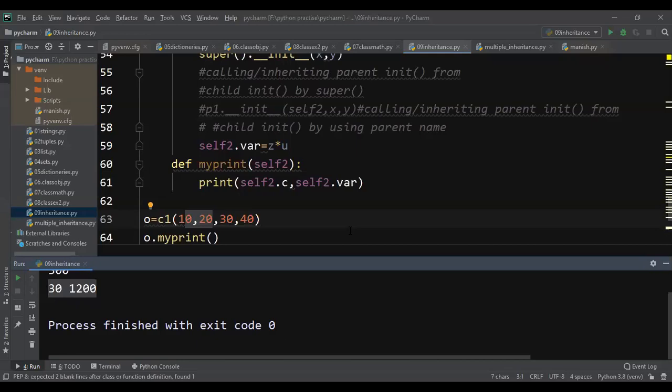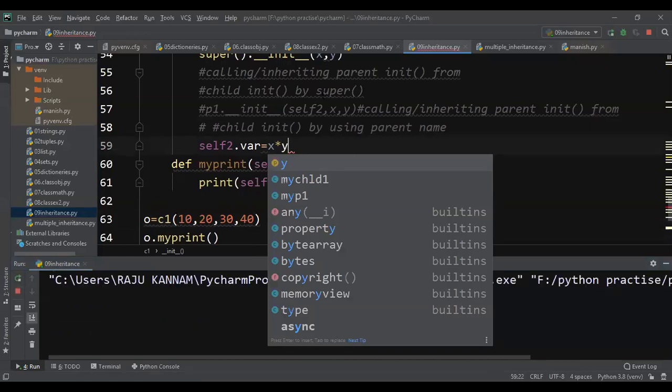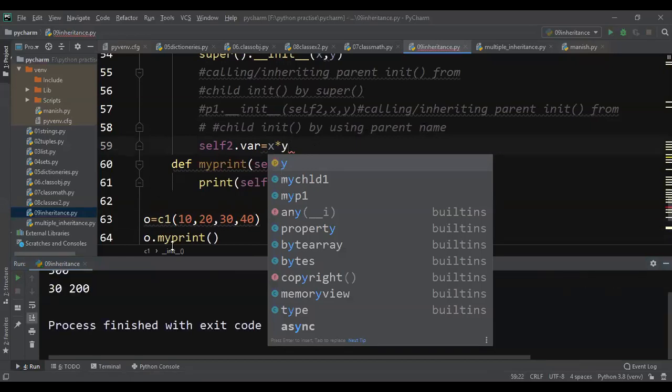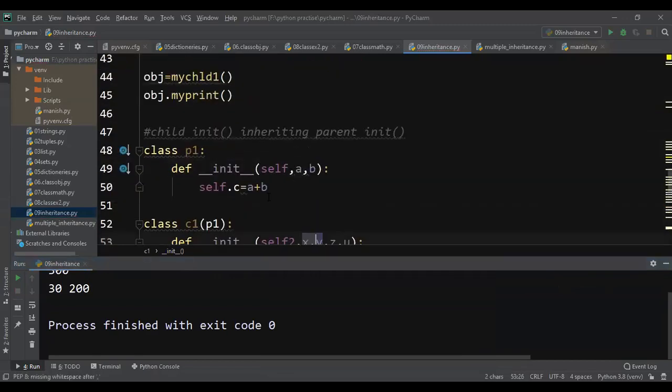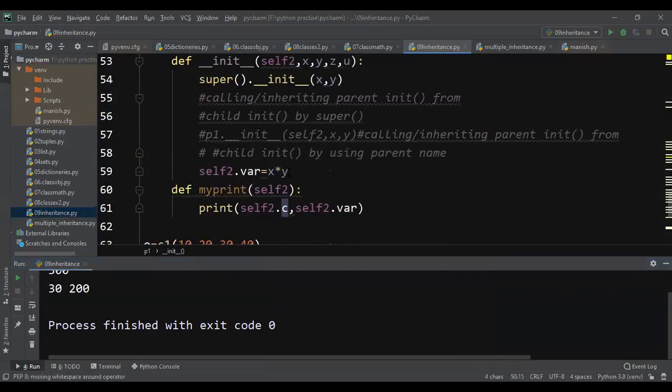Yes, you can do that also. See, 10 and 20 will be passed here, 10 and 20 added here, 10 and 20 multiplied here, 30 and 200 answer. Whatever you want, you can do.